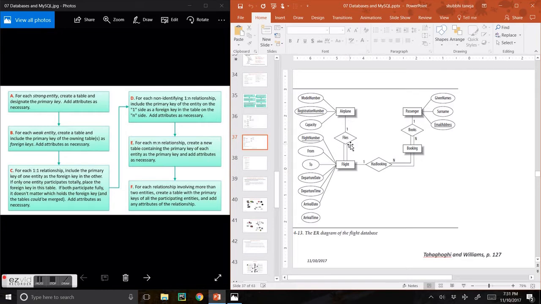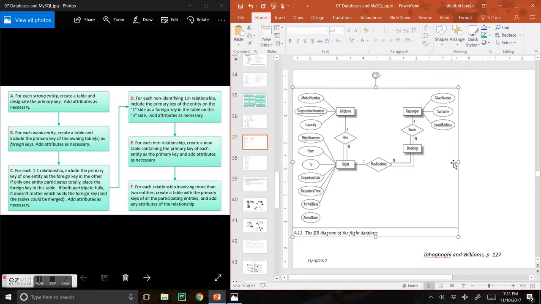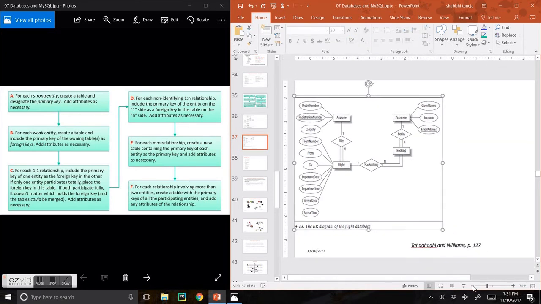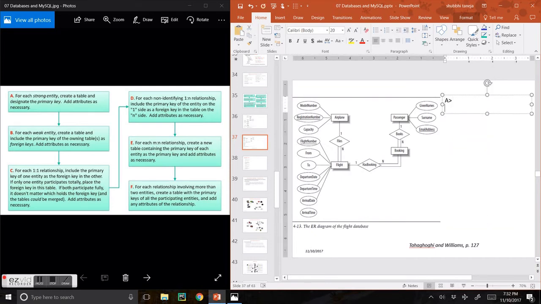So now focusing on this ER diagram, I'm going to go over these 6 steps on my left hand side one at a time and see how the outputs that I get from these 6 steps can help me come up with my logical design for step 3 of the database design process. So let's start with A. Now step A on the left hand side says that we need to